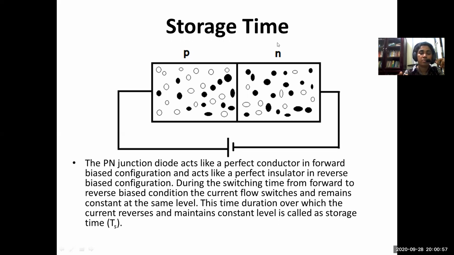If those zeros and ones are represented using a diode, then one will be represented by a high voltage, which is the on state of the diode, or high current, which is the on state of the diode, and zero will be represented by the off state of the diode, which means a forward biased diode can be used to represent bit 1, and a reverse biased diode can be used to represent bit 0.